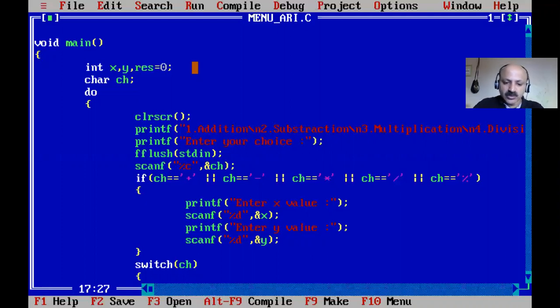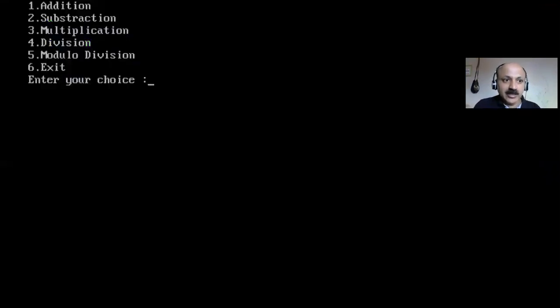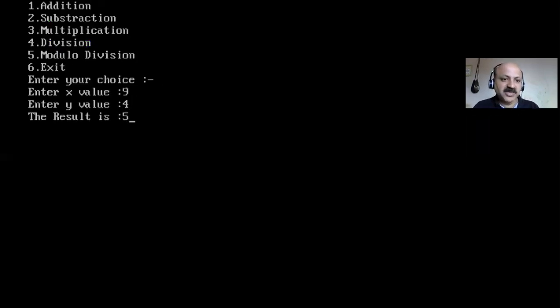Okay, so now we can check our logic, and here we provide the plus sign, not 1 2 3, because we have to take the character. So here I give the plus sign, and then our addition, like 10 and 20. So 30 is the answer. Yes, now it is okay. And the same program works. Yes, I give the minus sign, like 9 and 4. So 5 is the subtraction result.